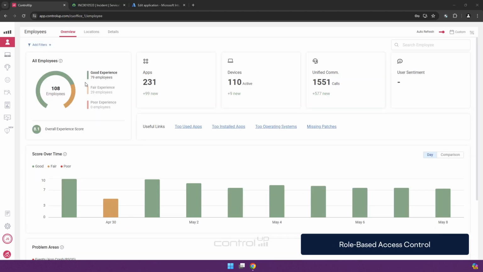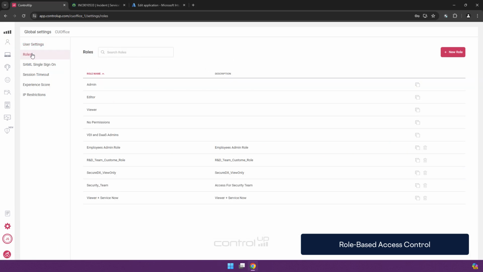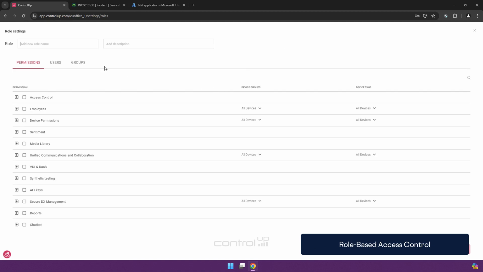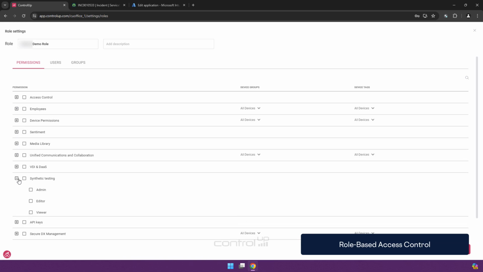Finally, let's have a look at role-based access control. In the text interface settings, under roles, it's very easy to set up a new role. Give it a name and select the permissions on a very granular level of what this role should be able to do.